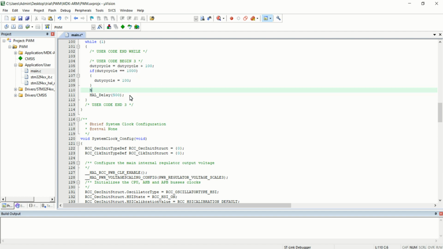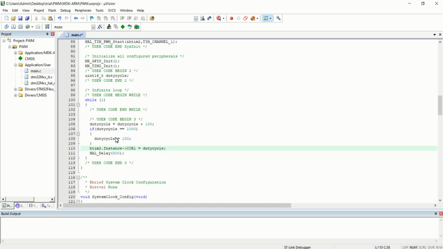So that is nothing but use the same variable htim2 dot instance, and you just want to give a pointer, and you just want to select the channel number. So CCR1, as we are using the channel 1, you just want to choose the CCR1, and if you are using any other different channels 2, 3 or 4, you just want to select that accordingly. And here I will pass the duty cycle variable.